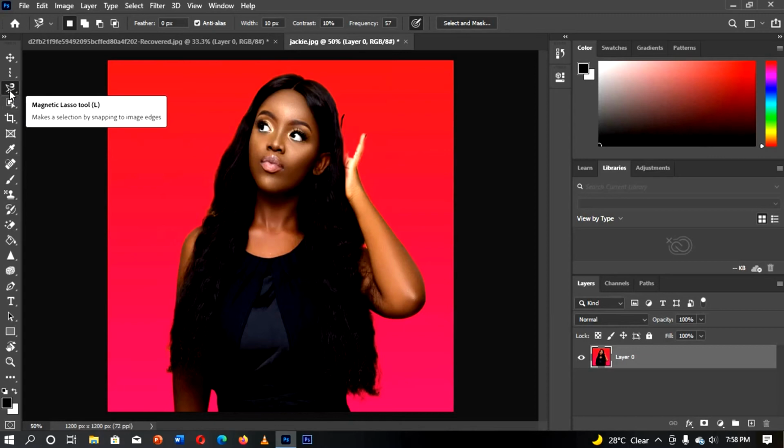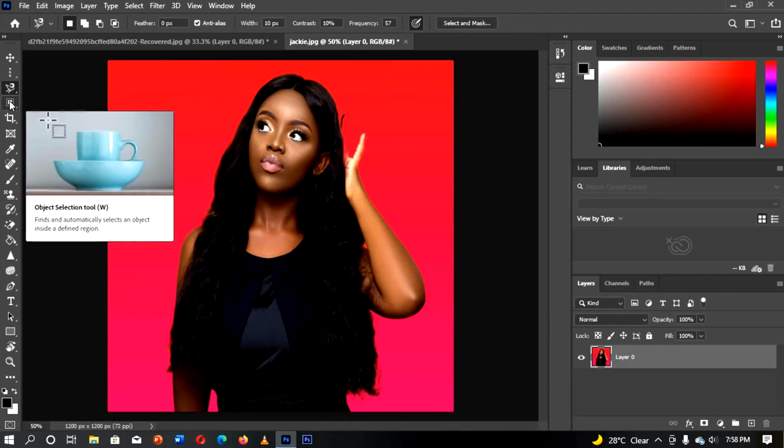Okay, before we tackle this tool, let's tackle the next tool. After that, we'll come to the Magnetic Lasso tool. So let's move to our next tool here,